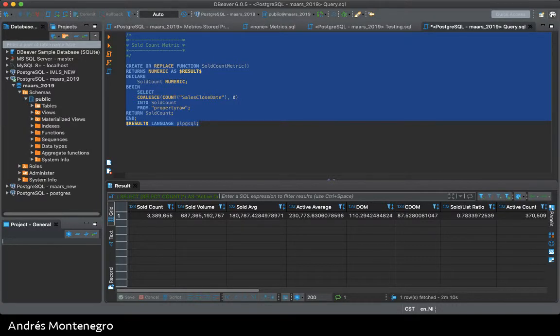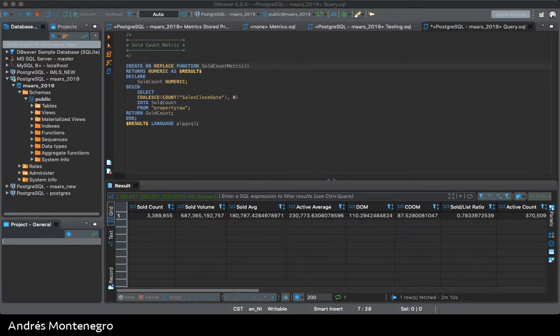So I already created all of the metrics. Basically, I got a stored procedure for each metric. So we got the same metrics: sold count metric, sold volume metric, sold average metric, and so on. We only paste this creation script on the database,